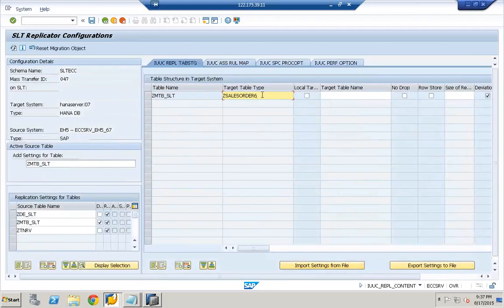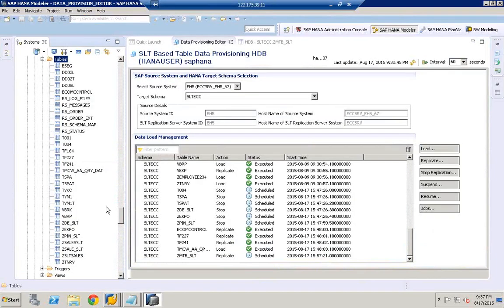One is with the ZSALES_ORDER_6, and also you'll have the old table. So you'll have both the tables. The old table, which is already there, has information views built on it. You have to manually adjust the old table to the new table. For example,